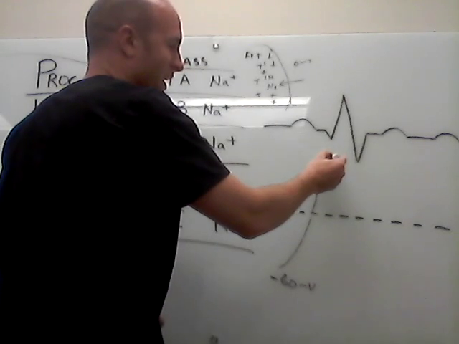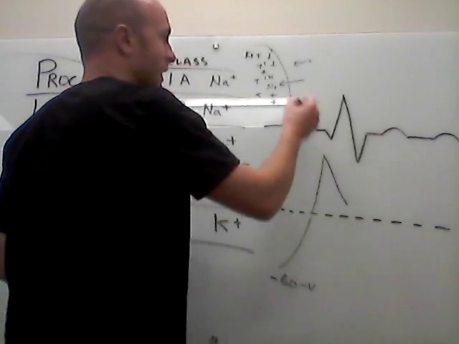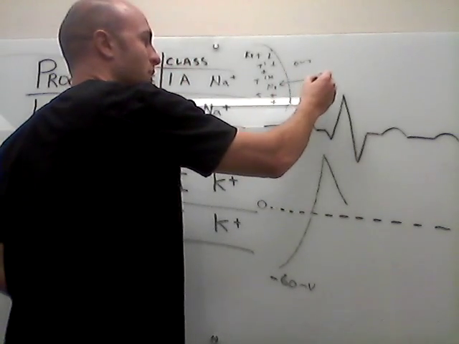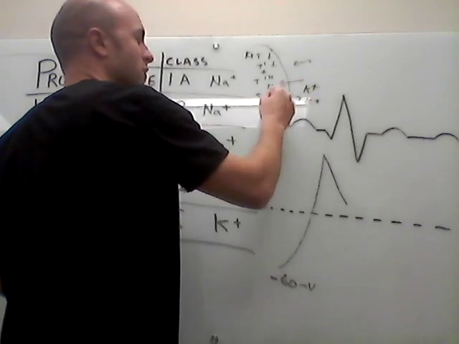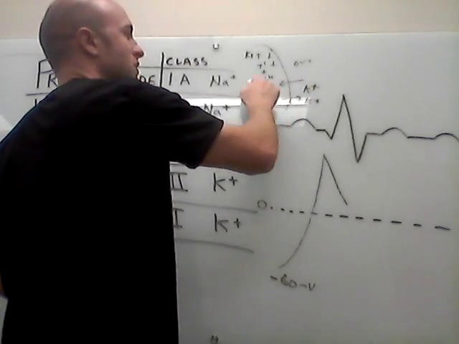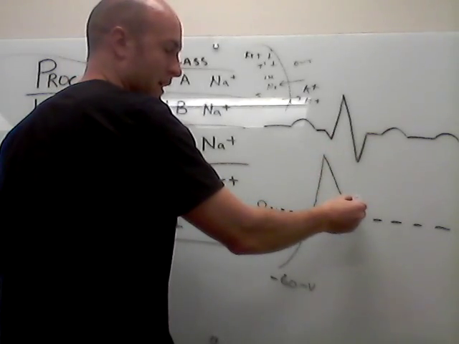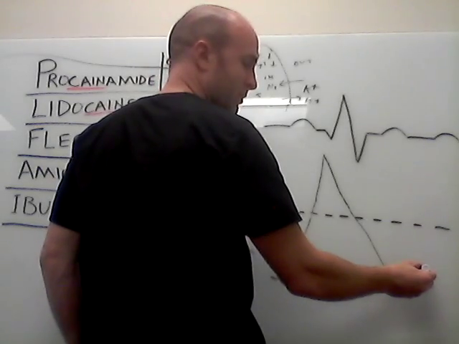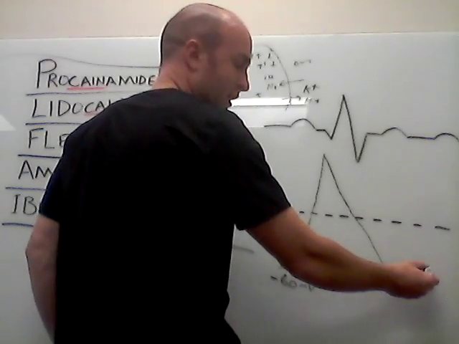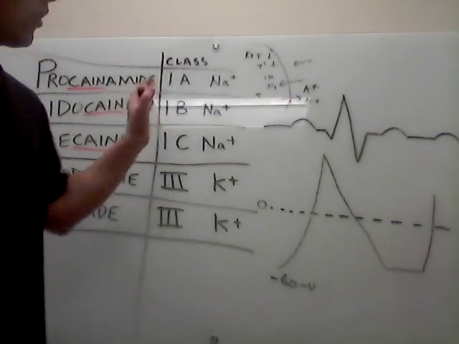And so now potassium is going to start to flow out of the cell. And as potassium flows out, potassium has a positive charge. So here comes the potassium out of the cell. You're getting rid of some of these positive charges, which means you're getting rid of some of the voltage. The voltage is going back down again, and it's going to go down, and then it's going to stay at this resting potential, and then at some point it's going to get activated again, and there's a whole conduction system